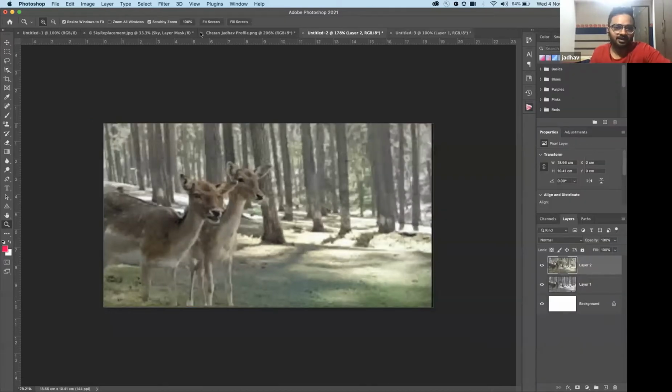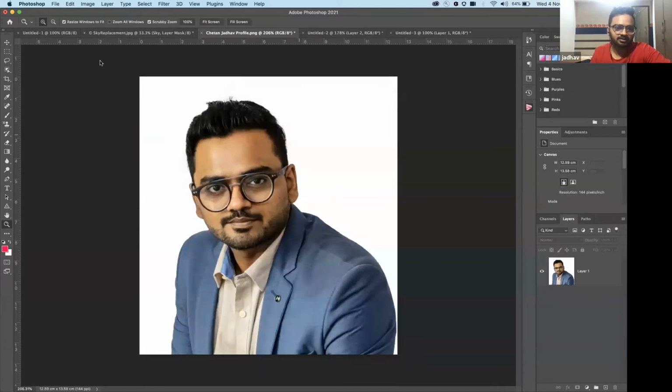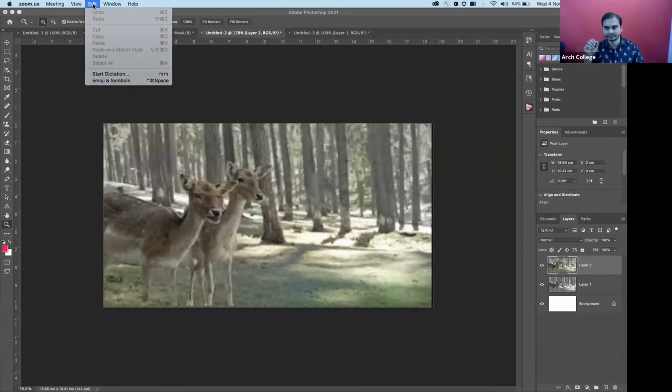Okay, so this is about Photoshop. Guys, I just want to try to make it interactive. Just type a +1 onto the chat if everything is going fine, like in terms of you're able to see my screen, there is no audio lag, and you are following what I'm saying. If that is the case, just type +1 on the chat. Mr. Jadhav, see the messages?